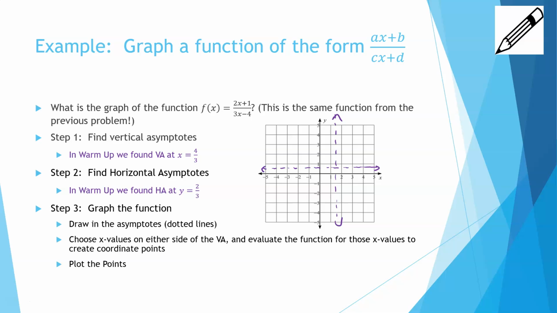Step 3 is to graph the rest of the function. Okay, I guess I drew these in as I was finding them. You could just wait till the end. But here's the last thing. We are going to choose a couple of x values on either side of the vertical asymptote to find the